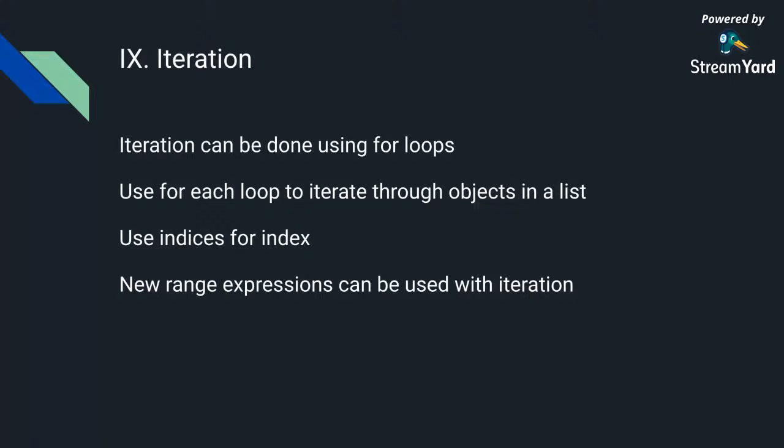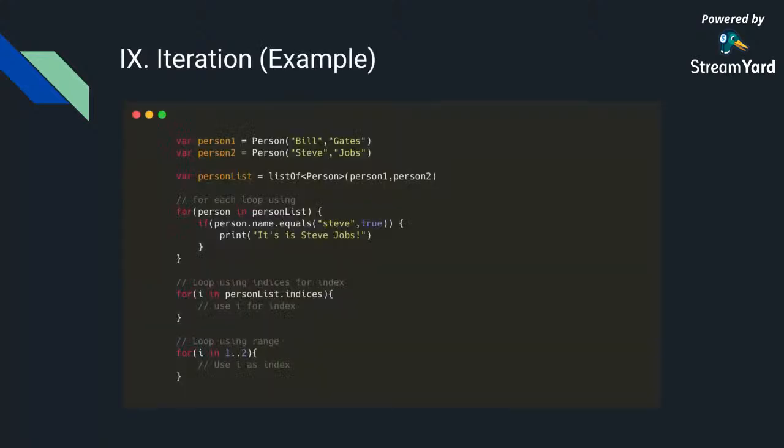For loops can be of multiple types. There is no explicit type where you can say there is a for each loop or so, but there are use cases for that, and that's what I'm going to mention. We have the for each case, where we iterate a list of objects and do something with it. Then we have indices, where we can directly access the index. And then we will also learn about the range expression that I spoke about previously. So let's take a look at the example.